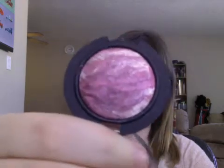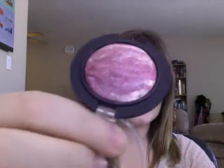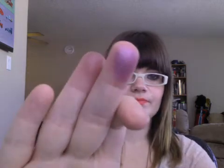It looks really pretty in the pan. It's got lots of pinks and purples. Kind of reminds me a lot of the MAC ones, actually. And when I swatch it, when you kind of swirl all the colors, you get a nice lavender pink color,